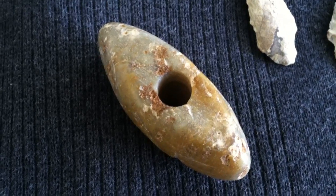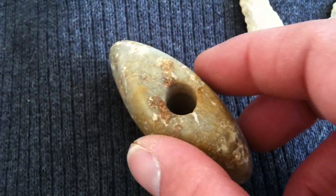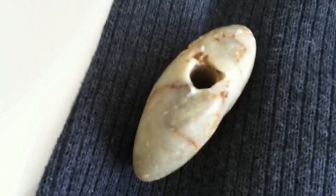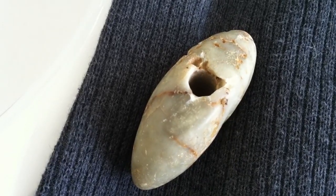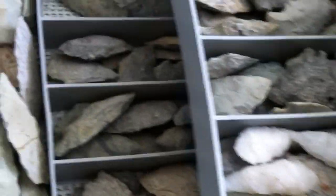I have some really unique and interesting points that I never did a cleanup, and I wanted to show everybody. I went out today, busted my rear, and didn't find a whole lot. Of course that happens. That's what makes the hobby so great. Anyway, today, out of some of these bottom compartments, and I'm just about done with my displays, I just wanted to